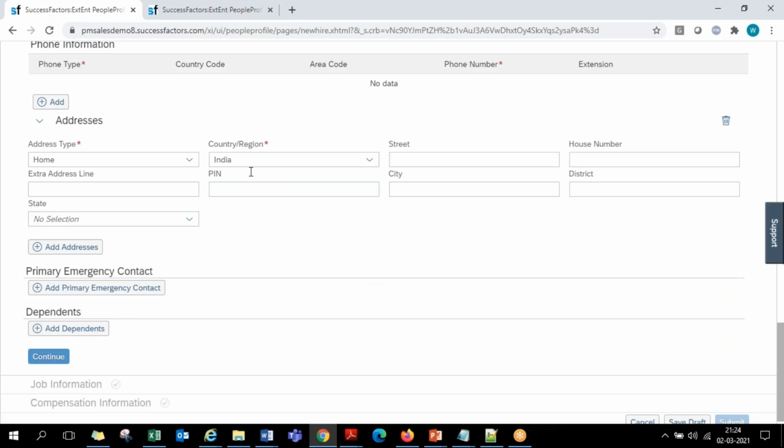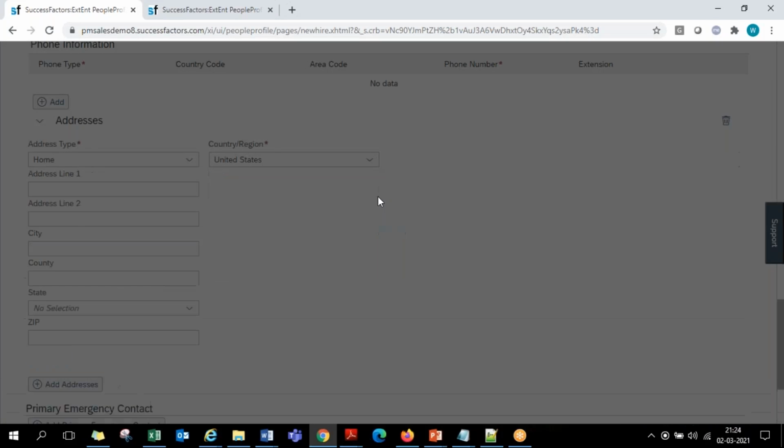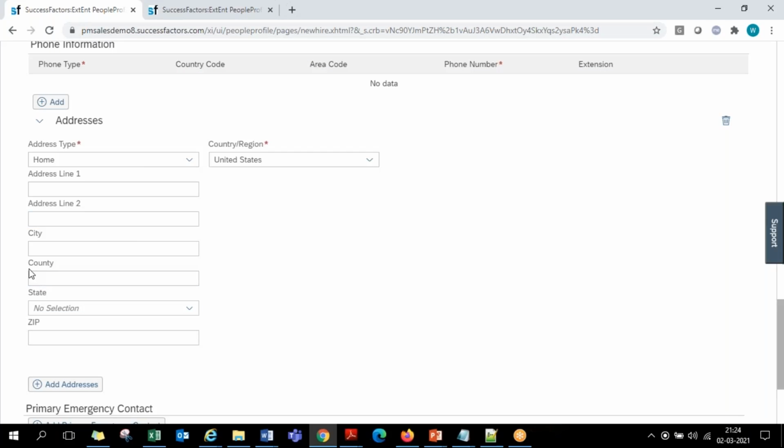So even this is country specific, as India related fields are coming now here, district and all. If I change the country to say United States, the US specific country fields will be reloaded onto the screen, where we get the county field this time. Here it is, the county field. Okay, that is the way.